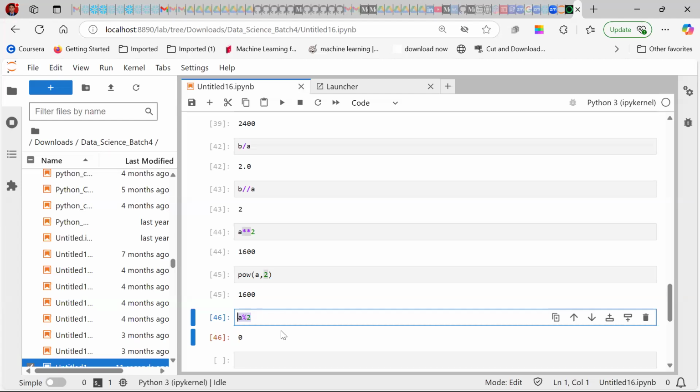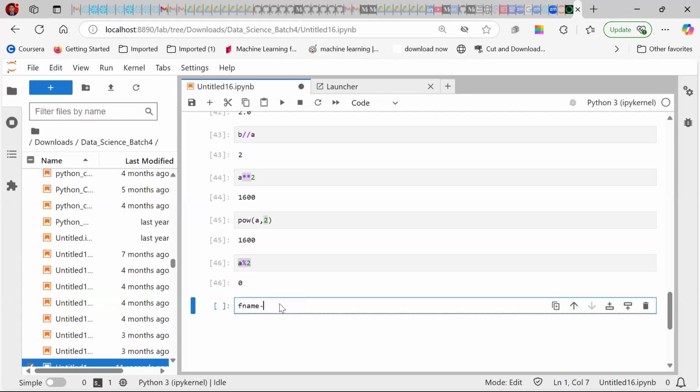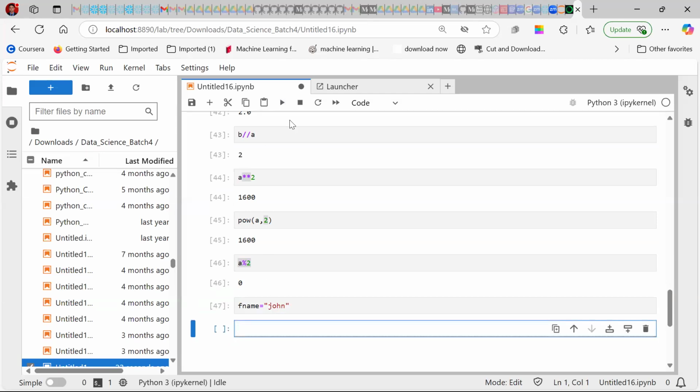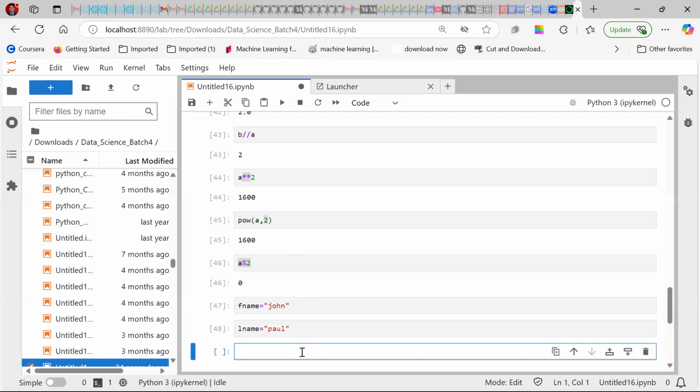For example, I have a first name here. This is my first name, F name equal to this one, and L name equal to, I'll say. So I have first name and last name. What I can do is say F name plus, I can add a space plus, I can say L name. So this is going to give me a full name, John space Paul. So here plus is acting as a string concatenation also, correct or not, everyone? When I run this, see,